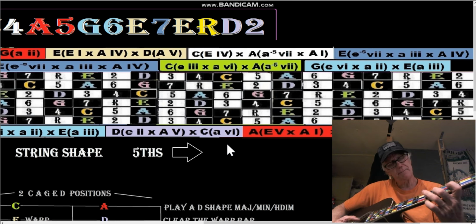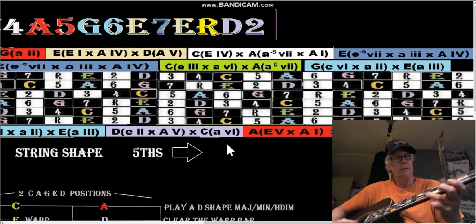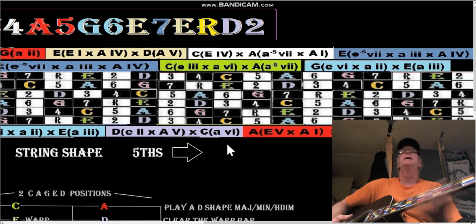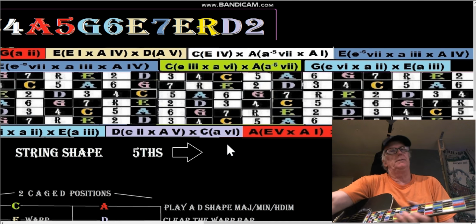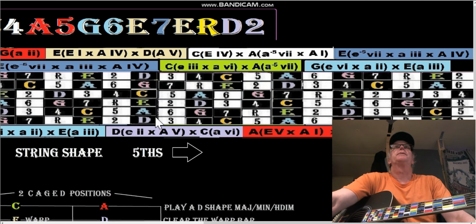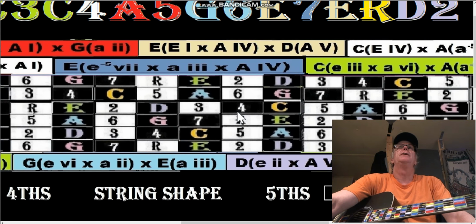Like that. Now what are we going to do? It's a little tricky. I want to show you that 2, 3, 4, 5, 6, 7 root 2. So we've got